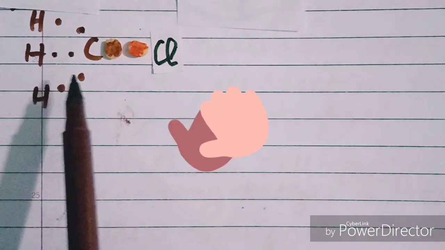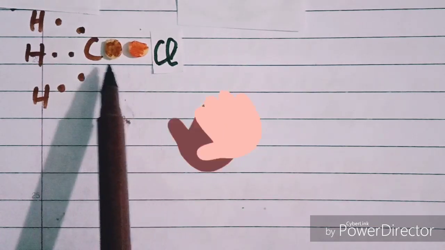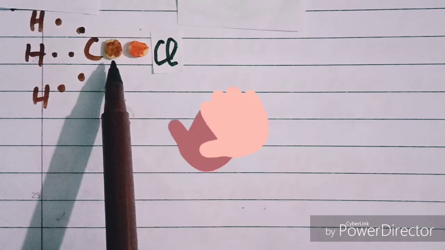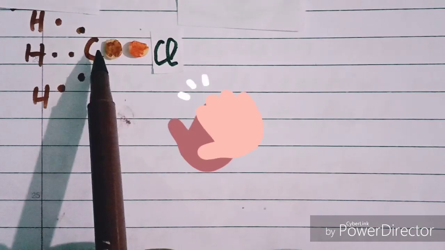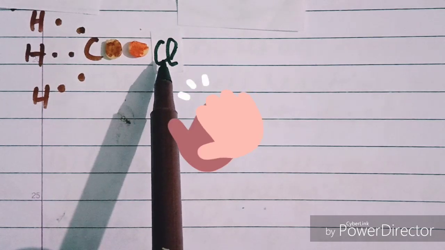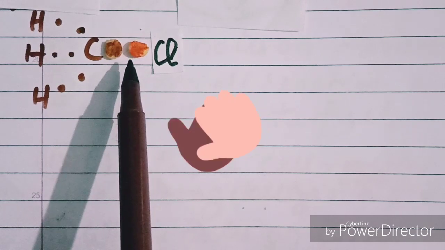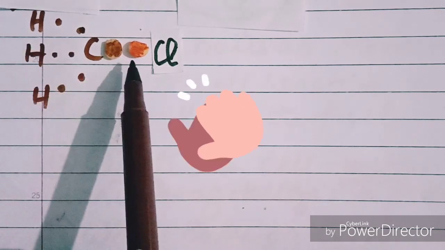In this model, the C and Cl are bonded by a single bond. This electron belongs to this carbon and this electron belongs to this chlorine atom. This is brown colored, this is red colored. Now CH3Cl